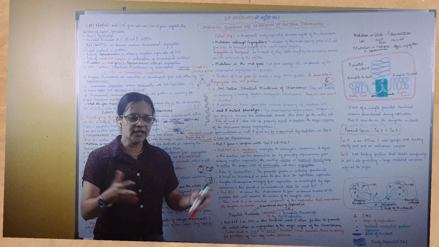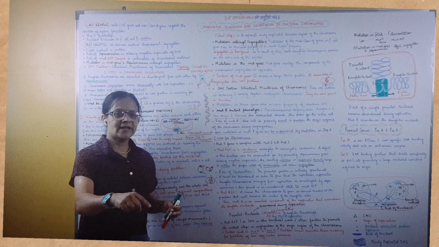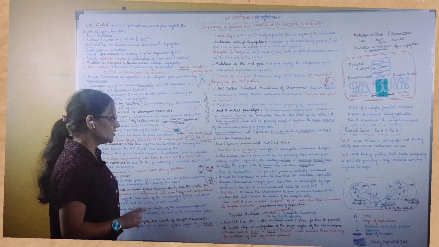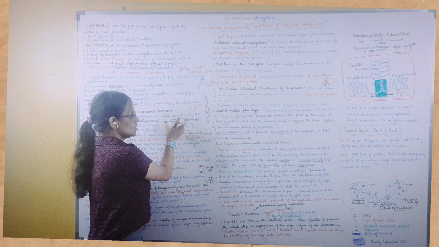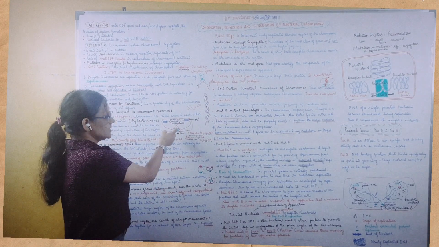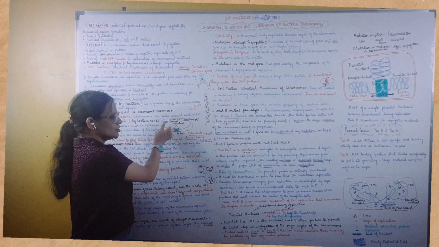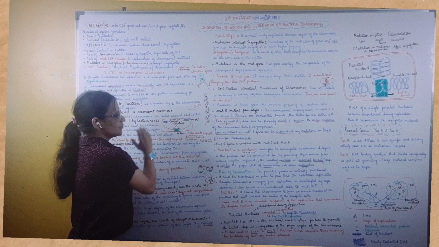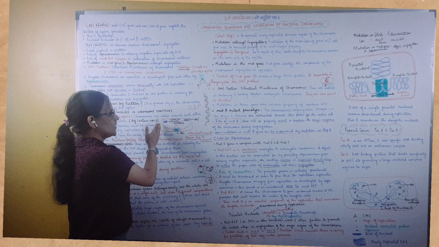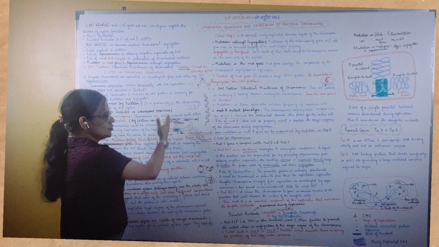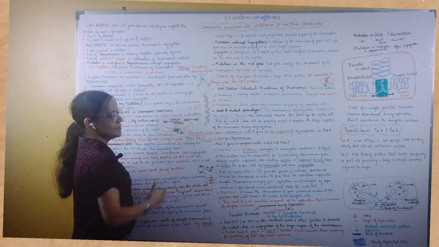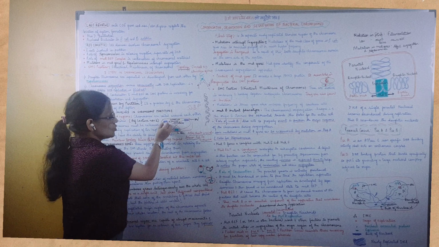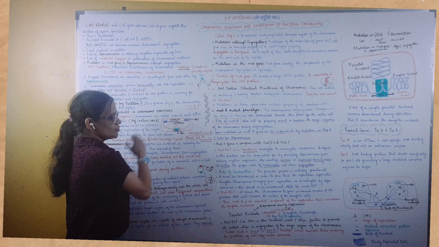It's just like on a playground, when you are told to take your position, the athlete takes a specific position on the ground. In a similar manner, here also, after the ORI site is replicated, it gets shifted or orients itself to its proper position, on the two sides of the bacterial cell, or you can say at the two opposite poles. Why? Because we have to have a septum in the center. So once the septum is formed, you will have two daughter cells being formed. So these ORI sites will move to the opposite poles.